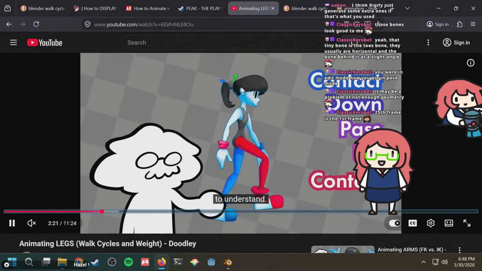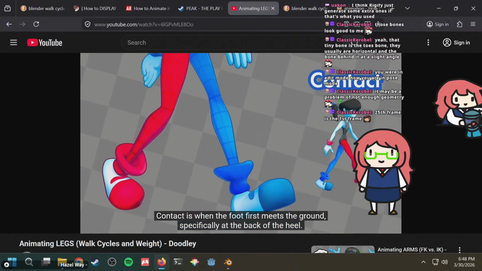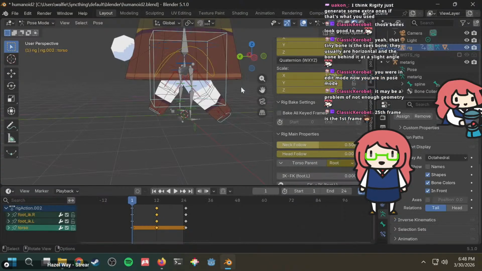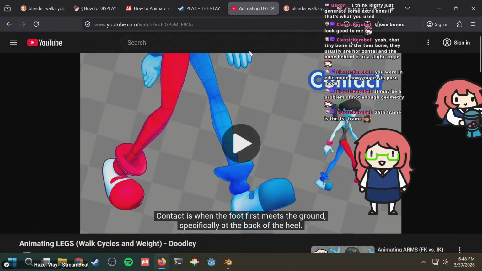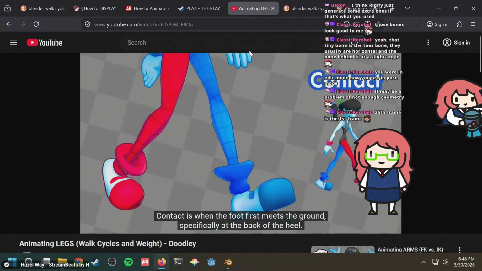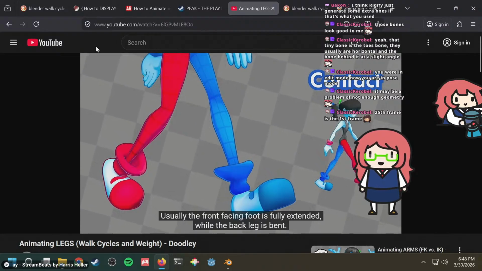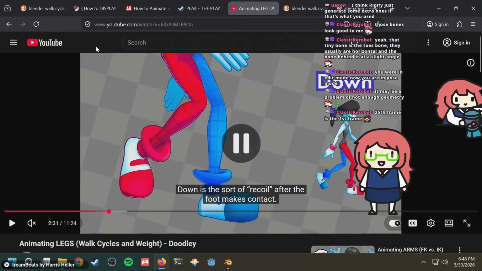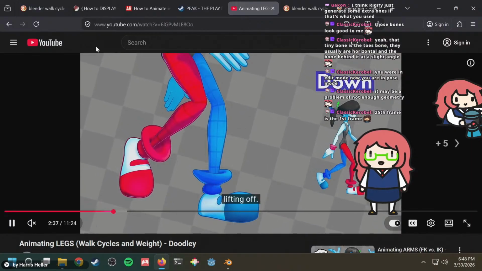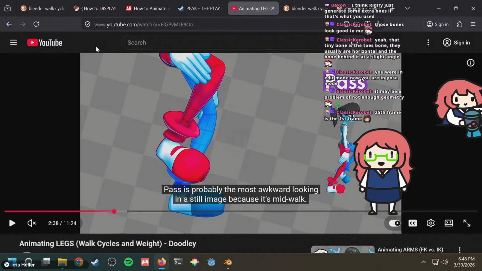Okay, here are the poses. The main poses of a walk cycle. You got contact, which is the one that I've implemented. Then you got the next one, which is down. Well, maybe I want to do the middle one first, the one after this, pass.